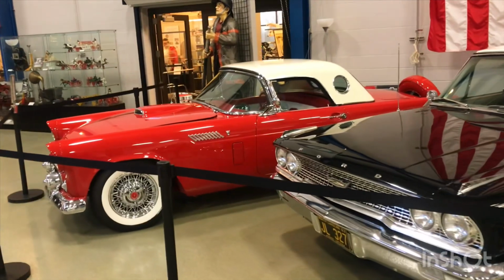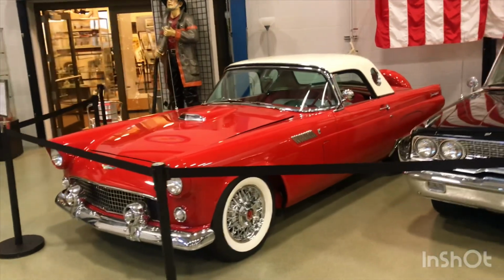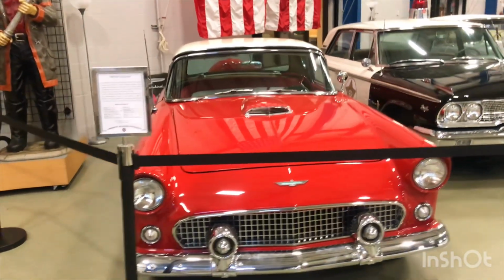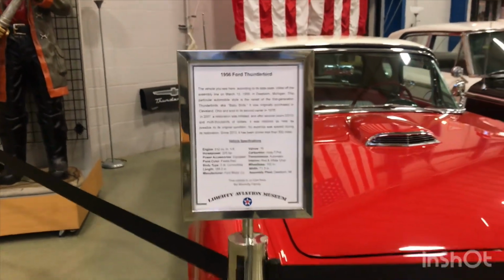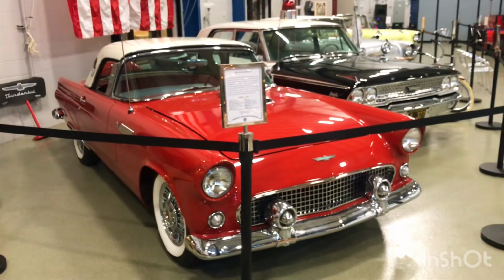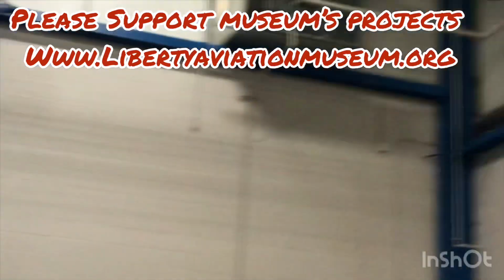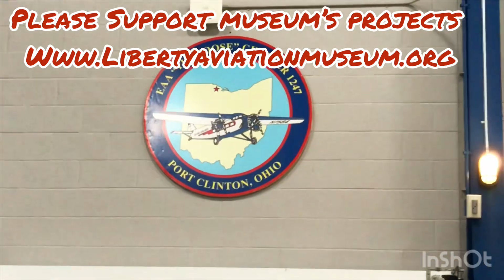And then the last one we have here is a good looking Ford T-Bird. And that one is a 1956. That one has a 312 in it, so it's a little bit bigger motor in it. Two Island Air Service up there. And over here, we'll spin around real quick. And then they also over here